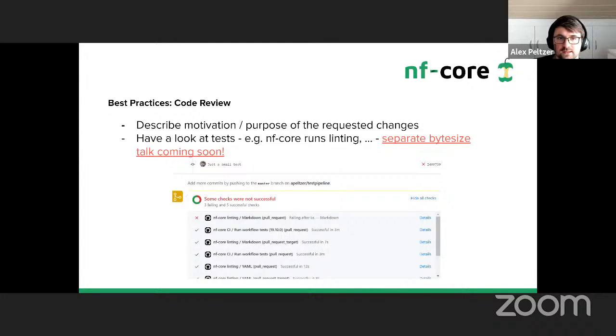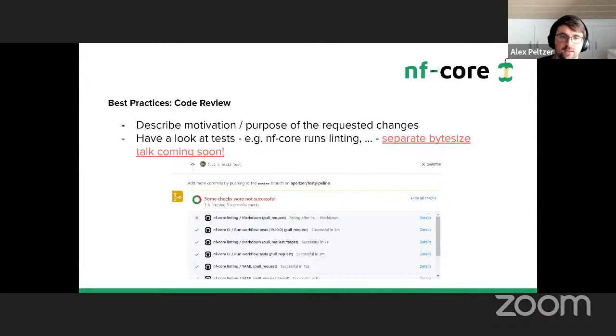Another thing is a good idea if you do code reviews, you should always describe the motivation and the purpose of the requested changes. So for example, if you find something particularly interesting, let's just say you updated a mapper in an alignment pipeline, and that mapper has a known bug in a certain version and you know about it, but the other person who opened the pull request might not know about it, then maybe it would be a good idea to write that down in your code review and tell them about it, because they might not be aware of it. That's just one example, but there are multiple others. So you should always describe why you actually suggest a change,